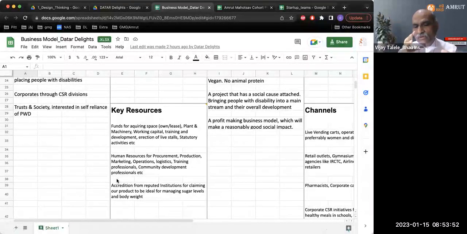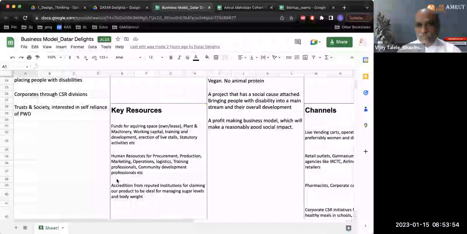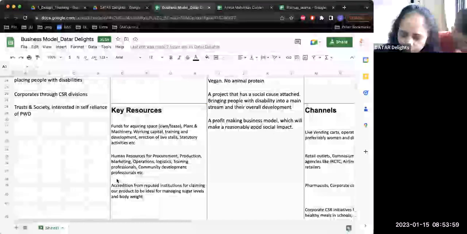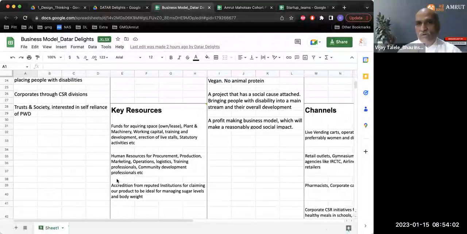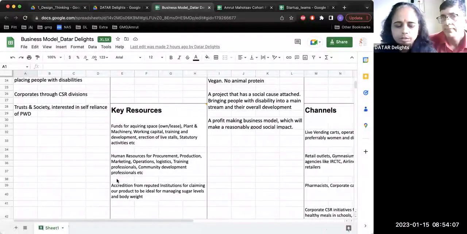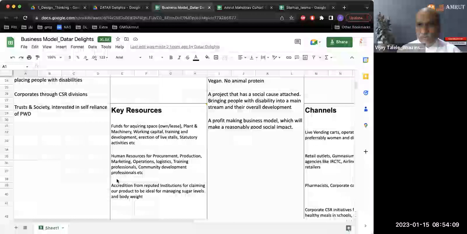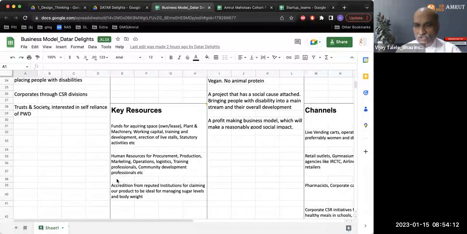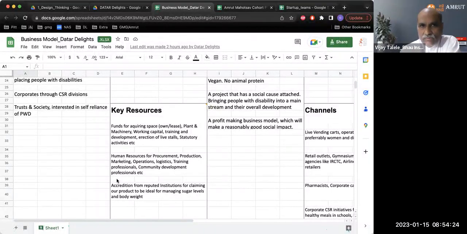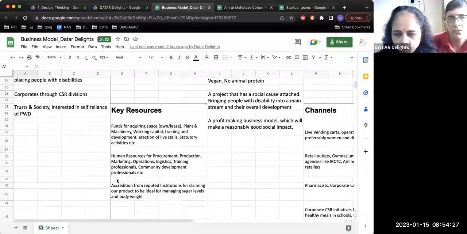So basically, your one is quality control. Second is how do you certify that your product is really contributing, because that's your customer segment and your major value proposition: you are trying to create this as a hygienic product and something which will be helpful as a health-conscious food product. Okay, so that's why it might be requiring that. Yeah. So actually we need to get the clinical trials done for this product, which is again an expensive affair. So we need resources for that.